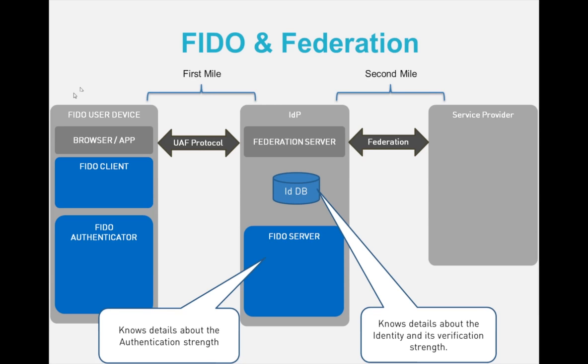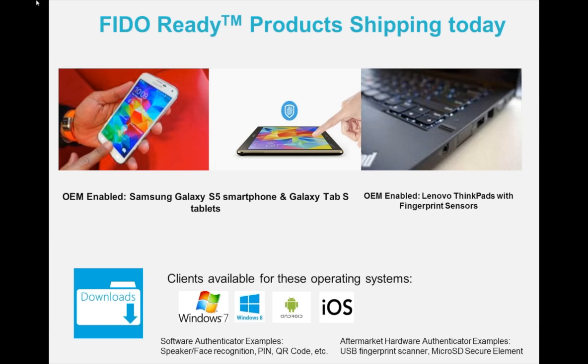And this is a very convenient method, especially in the enterprise, where users would have to or can register now to a single federation server and federate to several applications. So there's no need to register separately to the different applications. And in the end, each service provider for each application knows exactly how strong the authentication was and can feed that information into a risk engine or might derive other information from that.